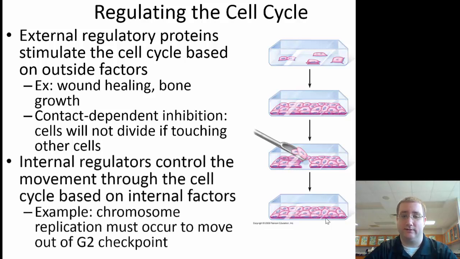There are also internal regulatory factors inside of individual cells. There are proteins, such as those at the chromosome replication checkpoint, that are floating in the individual cell and can control whether that DNA was replicated correctly. Can we fix it? If we can't fix it, what are we going to do? So there are both external and internal controls for the cell cycle.